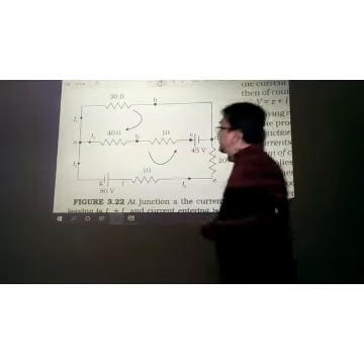In this diagram, we first have to decide which loop we are taking. We are taking this loop number 1.